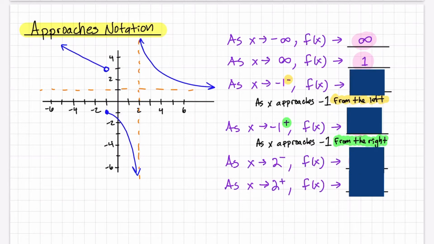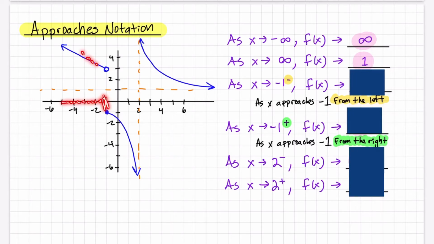All right, so this is a little bit different. This says, as x is approaching negative 1, and then in an exponent-like position, I just have a little floating negative symbol. So we read this as x approaches negative 1 from the left. Because if I am at negative 1 and I come from the left, I'm getting closer to a different number versus if I'm approaching from the right. So as I'm getting closer and closer this way,